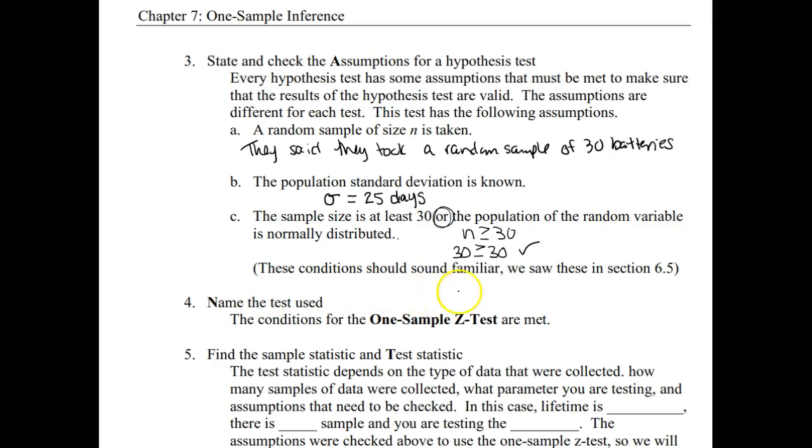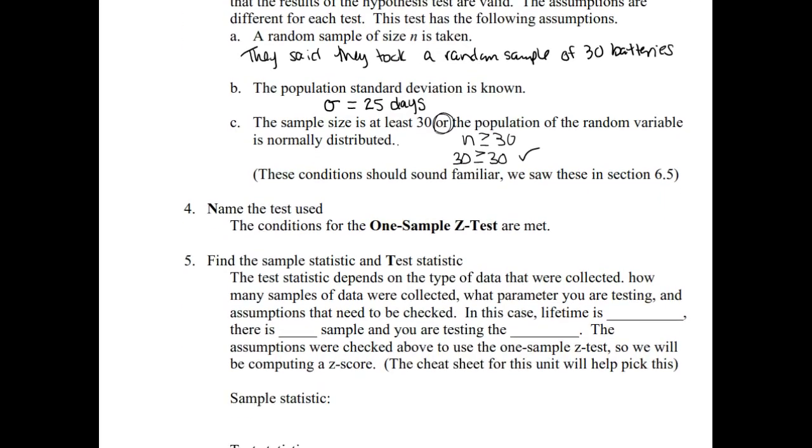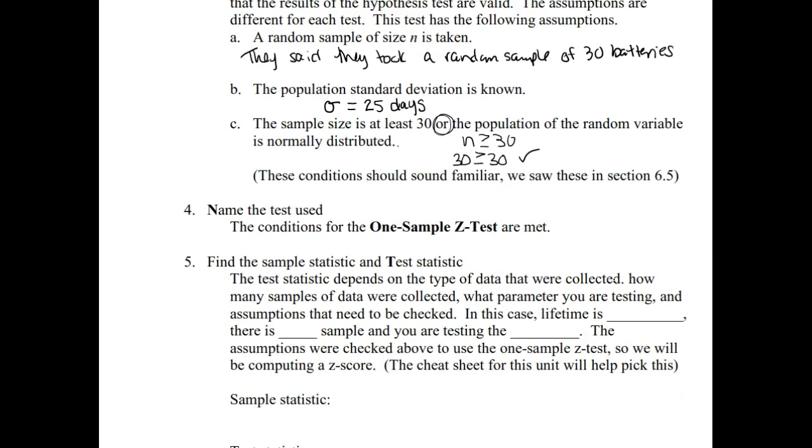Again, these conditions should sound familiar because we saw these exact same conditions in section 6.5 when we were dealing with the central limit theorem for the mean. In this case, the name of the test that we're going to use is called the one sample z-test. We're going to find in the later chapters that we're really never going to perform this particular test on quantitative data again, because it does require that sigma has to be known, which it usually is not. Almost rarely ever is sigma known. And so we're going to get a different type of test in one of the later sections for that.